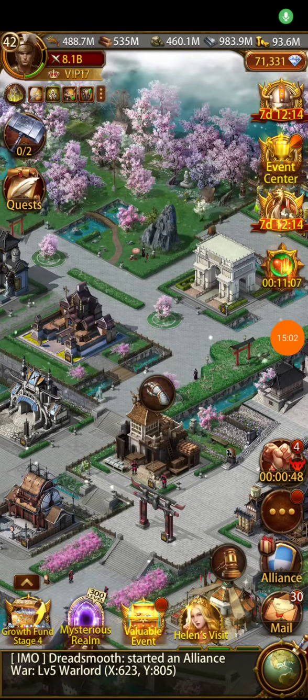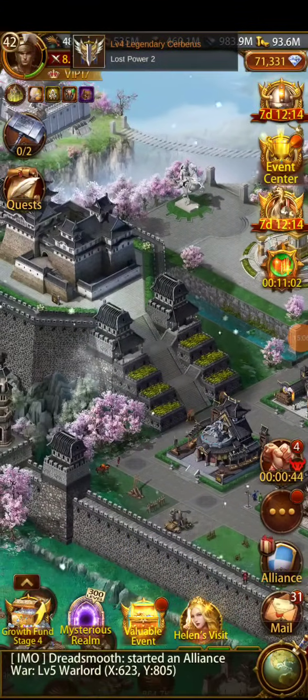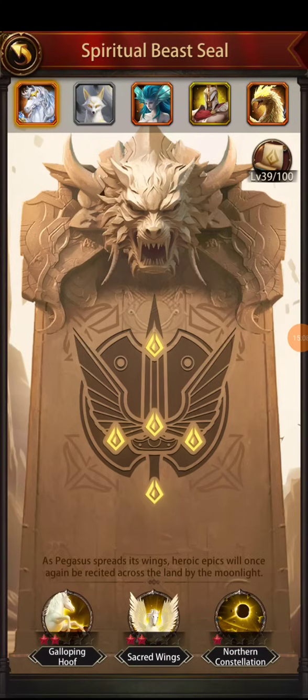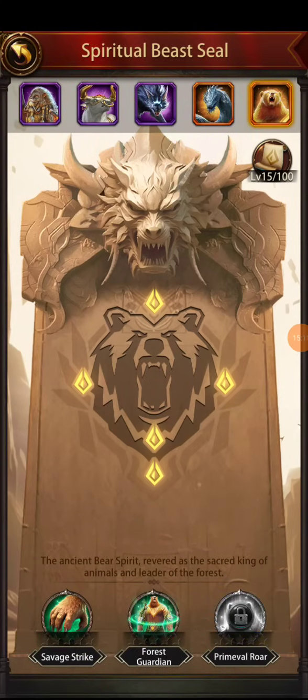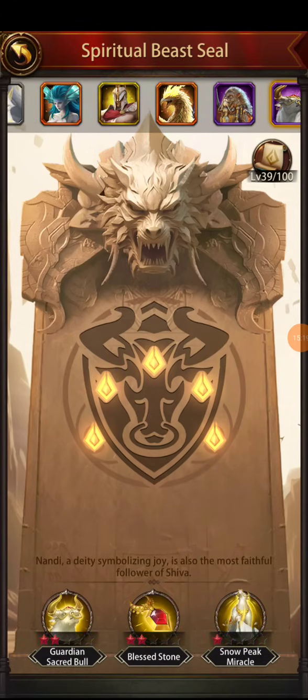All right, and just talk about a few other things real quick. Just get these in-city buffs. Got that new beast, and I've talked about it. I finally got him. I got him up to level 15. I'm working on him. All my other ones are level 34 and higher. Most of them are level 39,